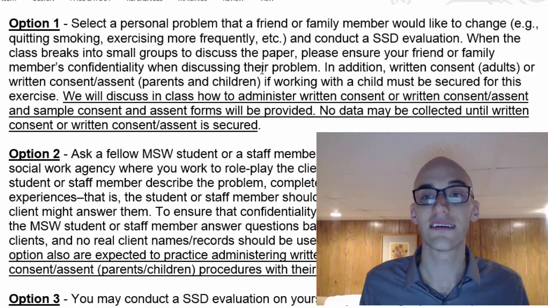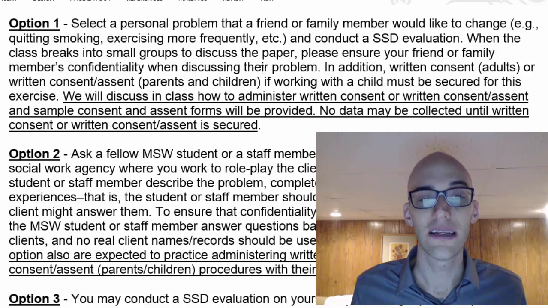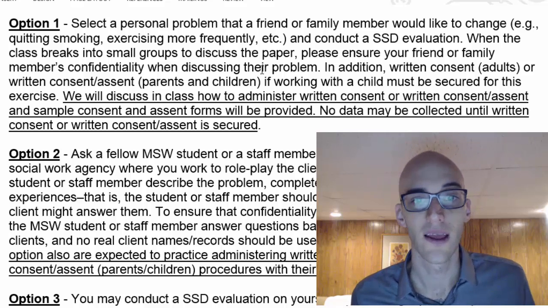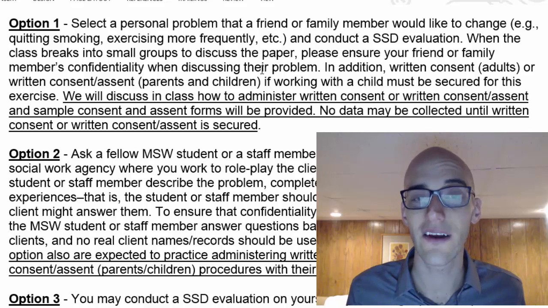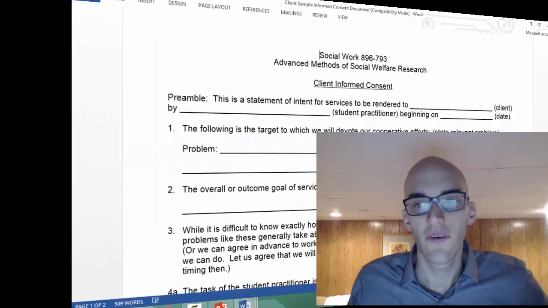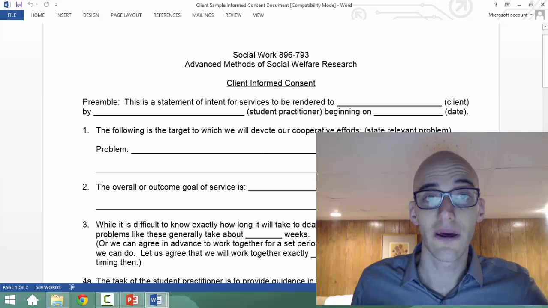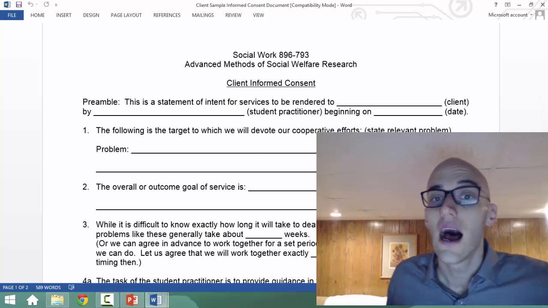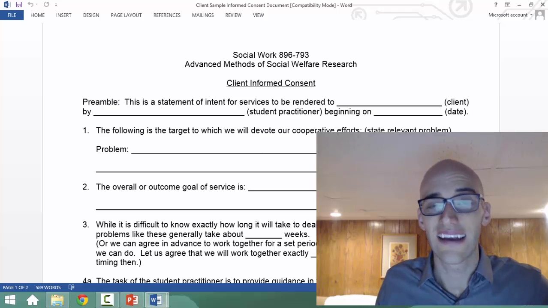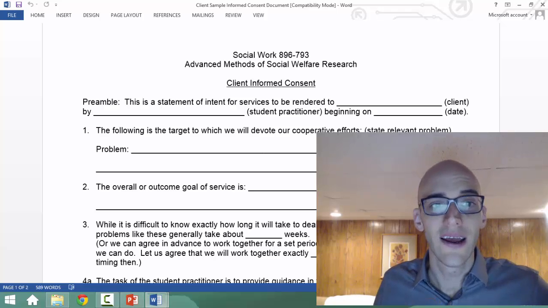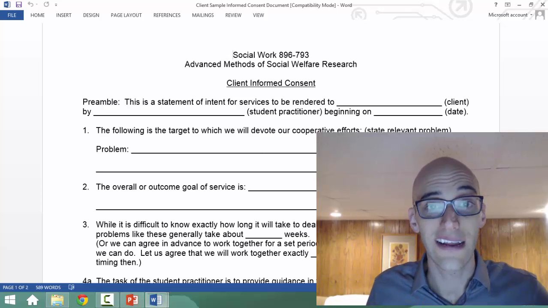In addition, written consent for adults and assent for a child should be secured for this exercise. But I've never had anybody use a child before, but if you are, please make sure that you talk to me about getting assent. So before you start collecting data, even if you're doing this for yourself, but especially if you're doing it for somebody else, you need to fill out an informed consent. And this is just general practice guidelines for research or for doing clinical work. And I'm going to post up an example informed consent online,